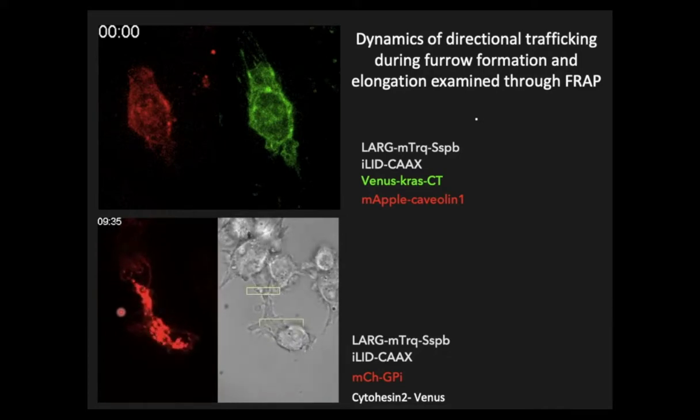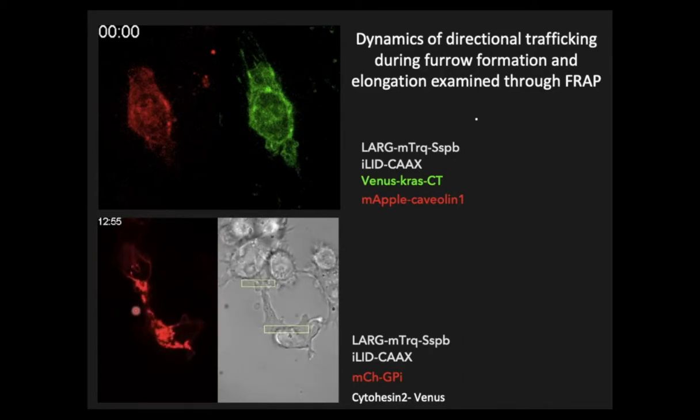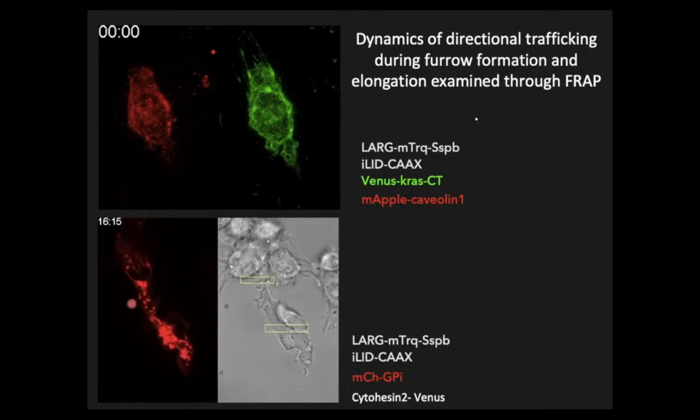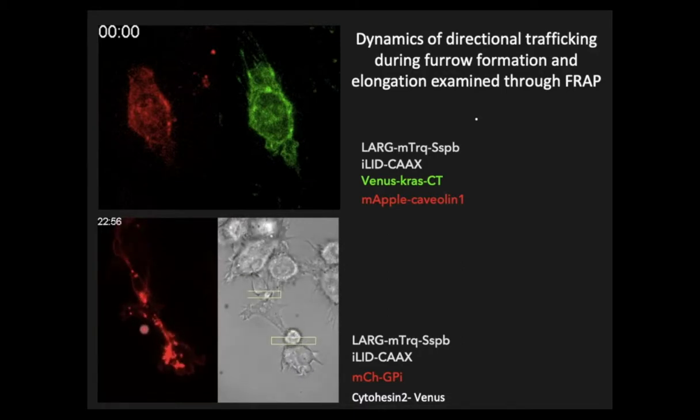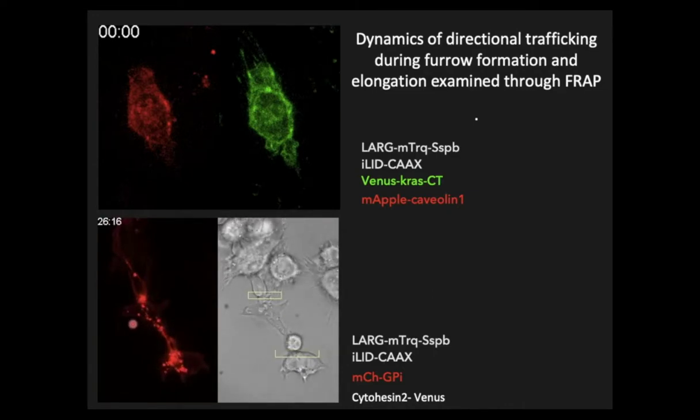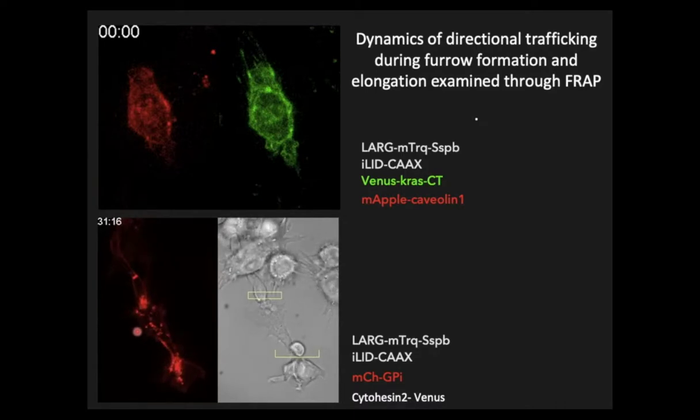You will see the box there, and you will see how some vesicles move inside the bridge. There is another photobleaching cycle, and you see how the fluorescence in the membrane is recovered, and it seems that some vesicles fuse with the membrane. Then this means that there is exocytosis